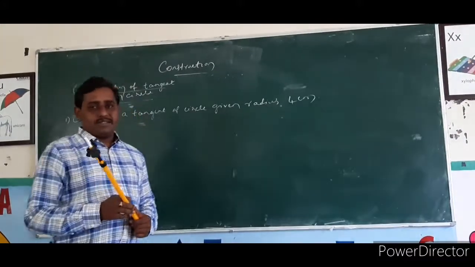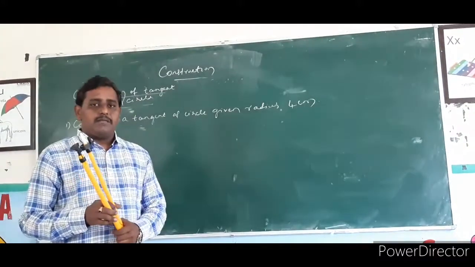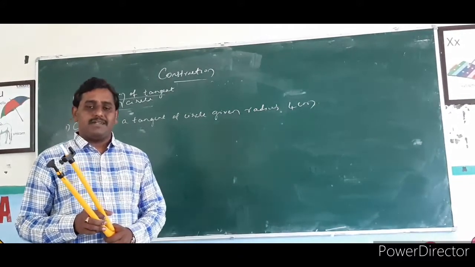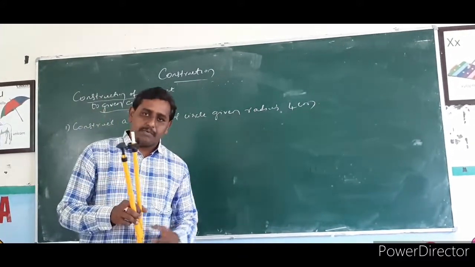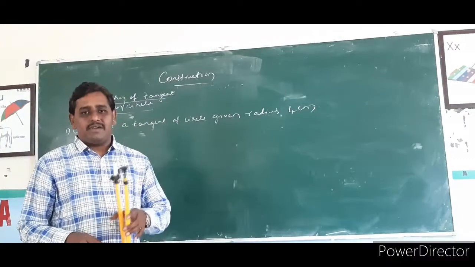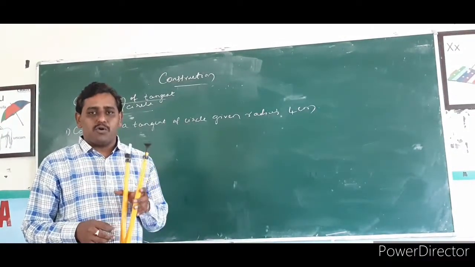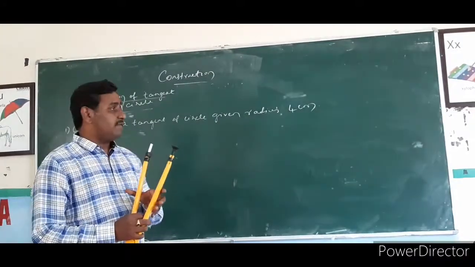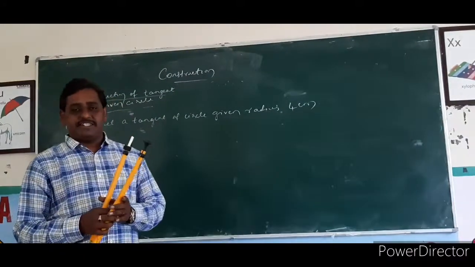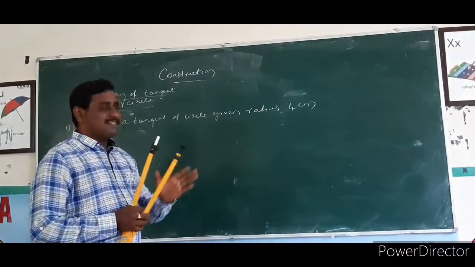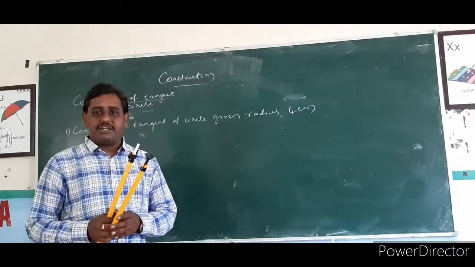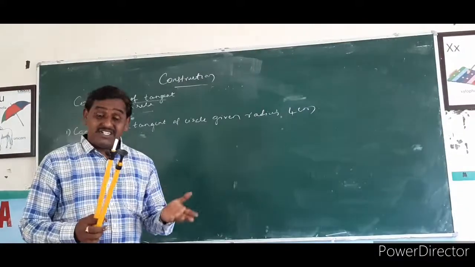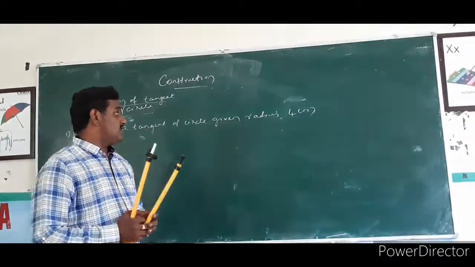In the last class we discussed the properties of circles and cyclic quadrilaterals, solved some problems, and covered secant and tangent properties. In this class we are going to discuss the most important part of scoring from an examination point of view, that is construction. In constructions we can expect one question compulsorily for 4 marks. It is very easy to construct the tangents also.